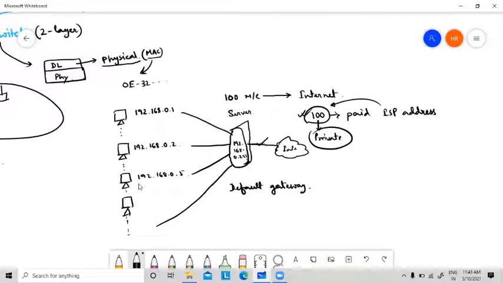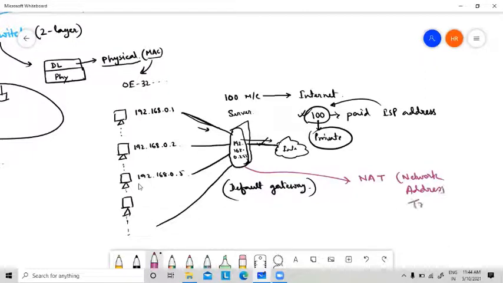This default gateway is accessing the internet. So whatever request I am sending is passing through this intermediate device, this default gateway device, which is nothing but a server. And what is installed in this server? In this server, one particular software is installed, which is called NAT, Network Address Translation.